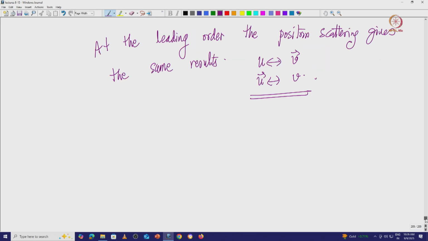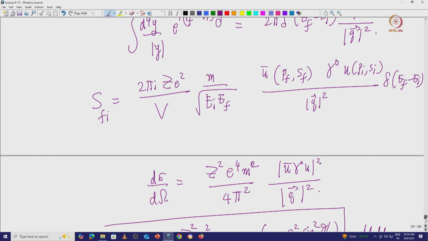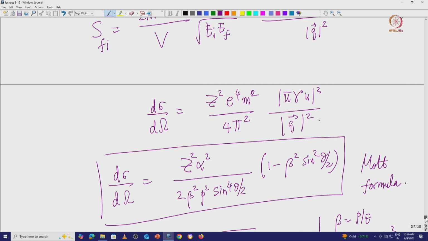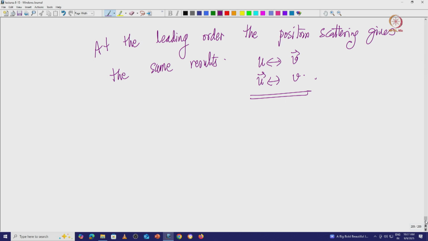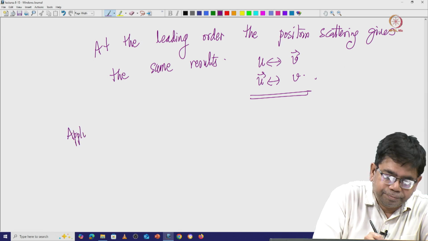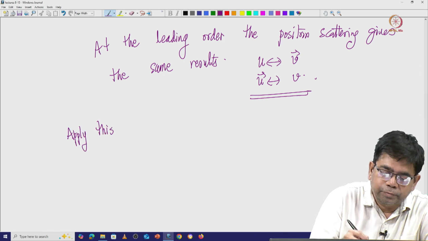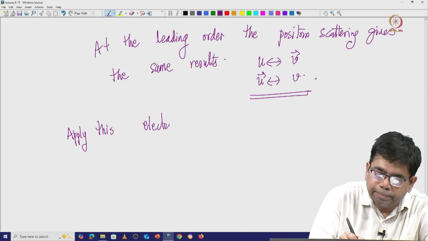That is the example we showed yesterday, and they give you results very similar to the relativistic case, and you can always go to the non-relativistic limit by taking the beta equal to 0 limit. So, they give you the relativistic relation without the particle interpretation and everything. Okay. Good. So, let us now apply this to electron proton scattering.